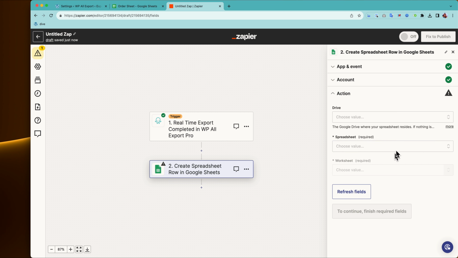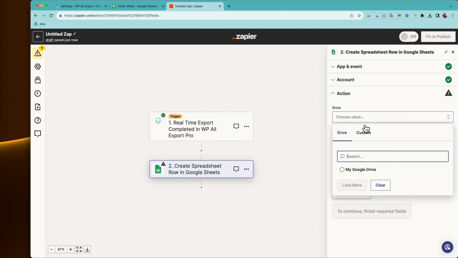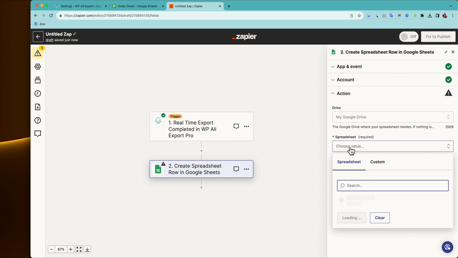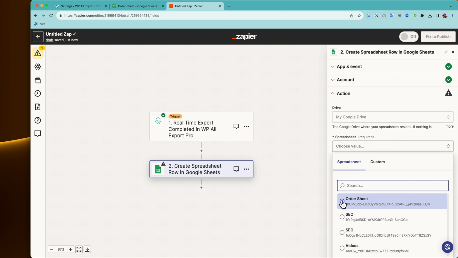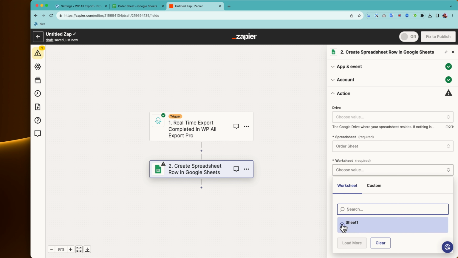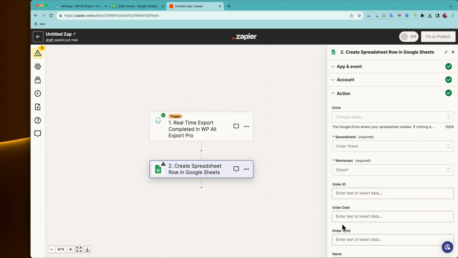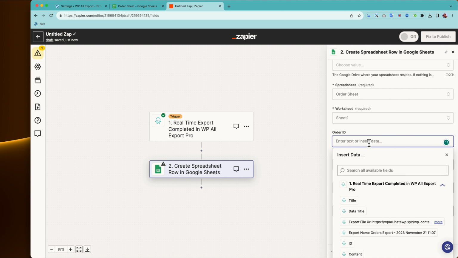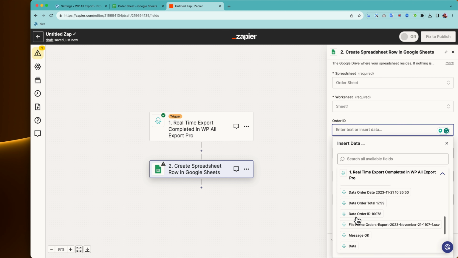And now this is where the kind of magic happens. This is our action. So we're going to select Google Drive, and now we're going to go find the order sheet that we just created in Google Sheets. It should be right here. There we go. Order sheet. And the worksheet is just going to be sheet 1. There we are. And then these are all of the column headers from my file that have been automatically detected. So now what we do is we click in here, and then this is all of the information from my export,